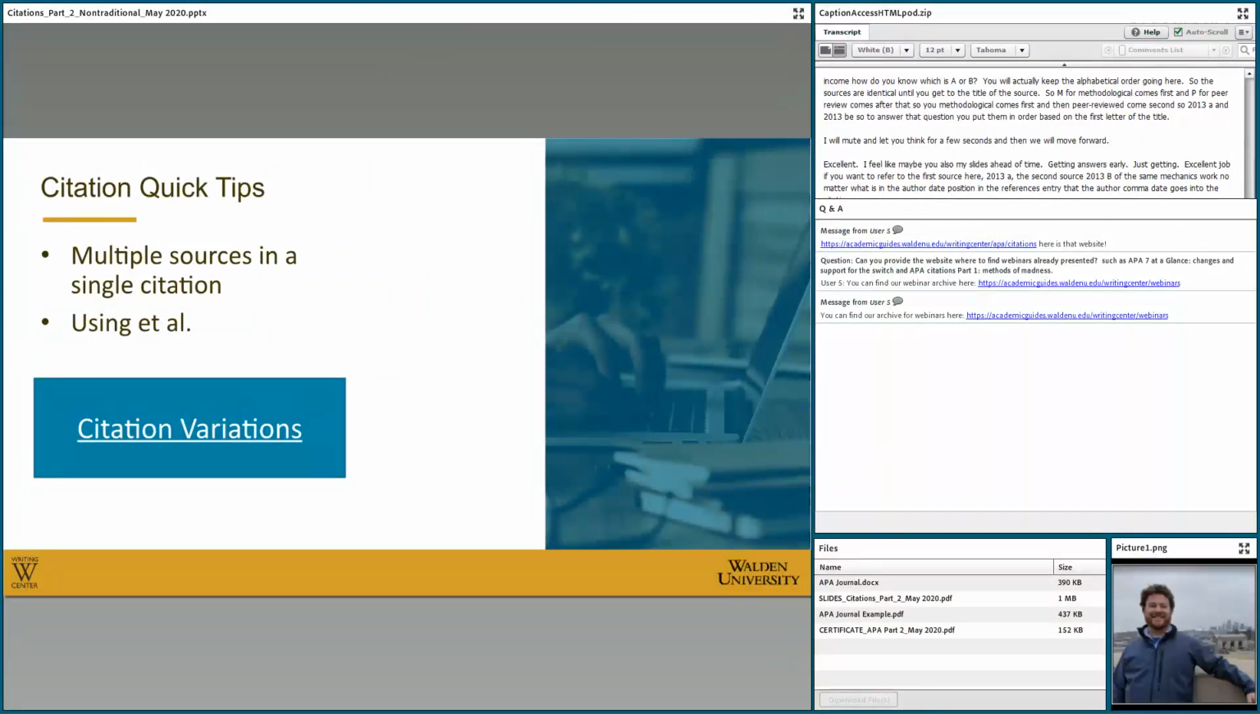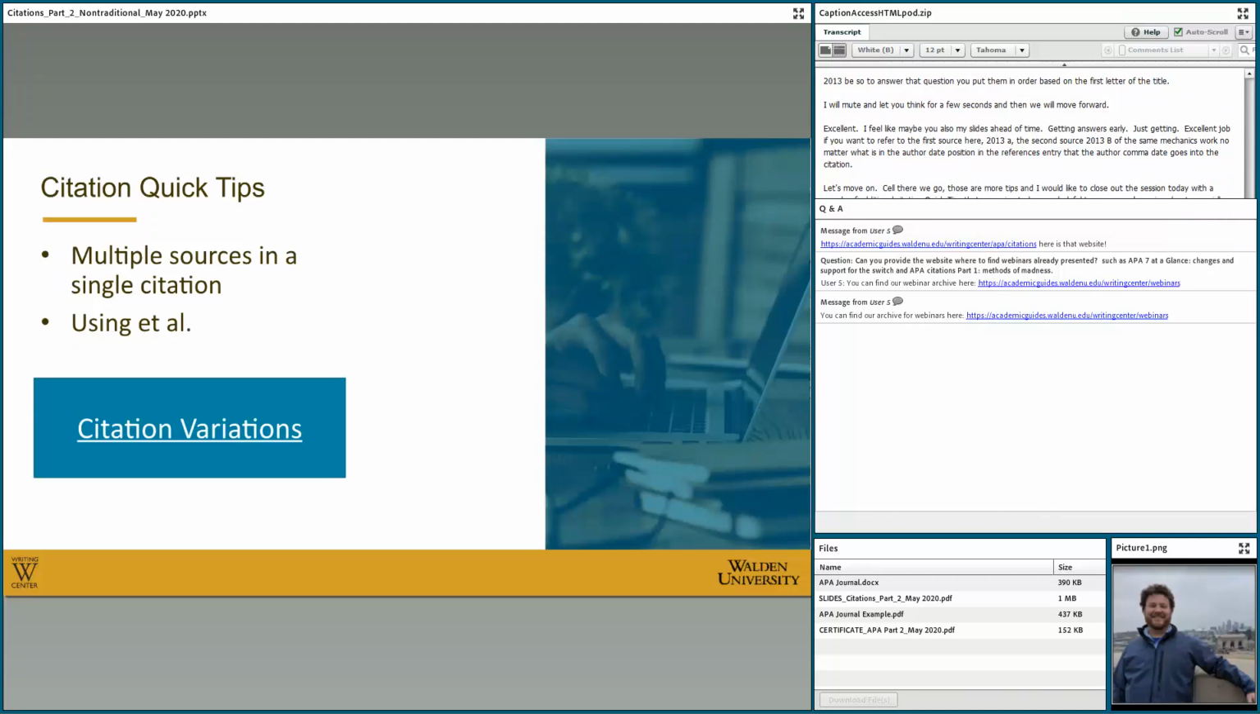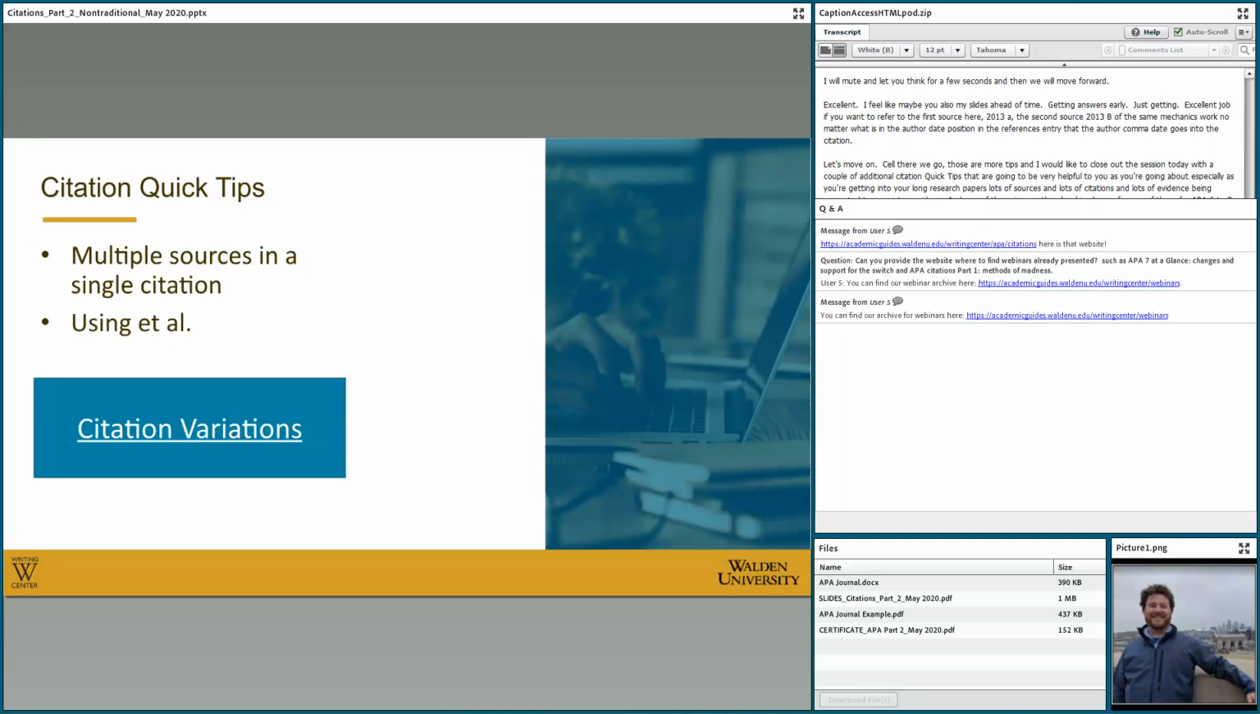So that is some more tips. And I'd like to close out the session today with a couple of additional citation quick tips that are going to be very helpful to you as you're going about, especially as you're getting into your long research papers. Lots of sources, lots of citations, lots of evidence being presented to support your ideas. And one of these has a big change from APA 6 to 7. So keep your eyes open for the logo here. If you want more information about either of these rules or other citation variation rules and regulations from APA style, click this link and you'll go right out to the website for our